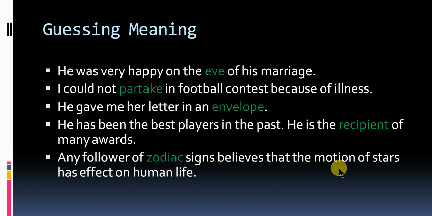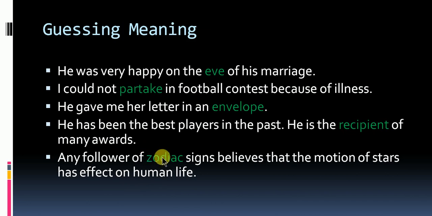So from this part of the sentence, the motion of stars has some effect on human life. You can very easily judge the meaning of zodiac. Yes, zodiac means the study of stars. Dear student, the branch of knowledge which studies the effects of stars on human life. Though it is not too much scientific, it is just unproved knowledge. Anyhow, this is also about astrology,